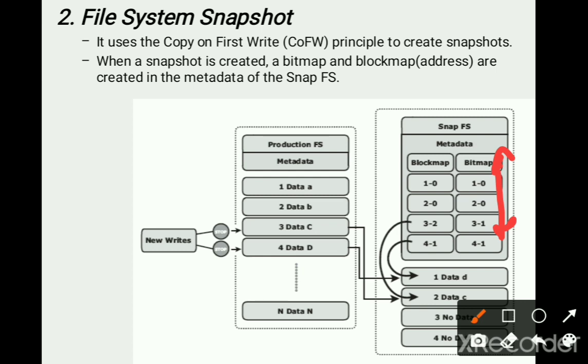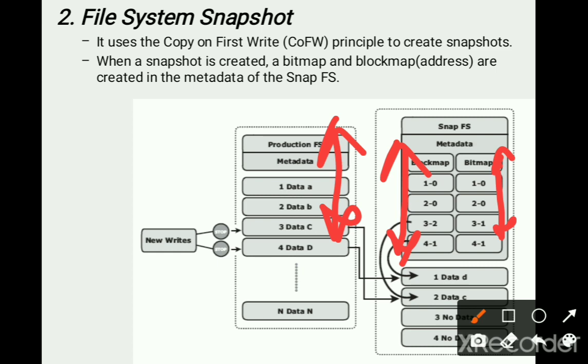So the number one is going to tell us whether any block has been changed in the production FS when the image is being taken. And this block map is going to give us the address of the content where it has been overwritten, right?